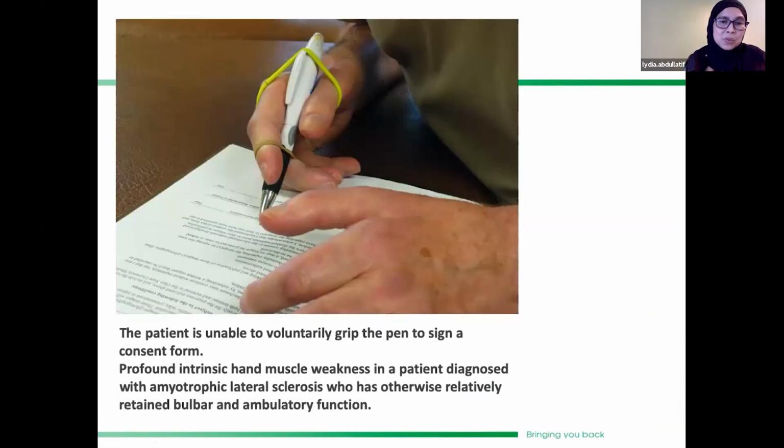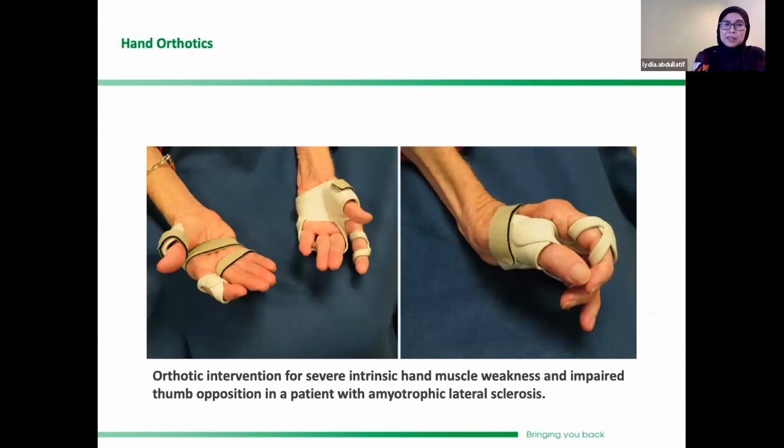Okay, so this patient also having intrinsic muscle weakness, whereby not able to grip. So you can just use rubber band, a very simple gadget, to try to assist with writing. If they are more advanced, whereby their muscles are more wasted, especially the intrinsic and extrinsic muscle, that means otot tangan dan juga otot di bahagian arm. So we need to consider giving splints to prevent contracture. Okay, because otherwise they can go into contracture, and that's going to cause them more difficulty in doing their activities of daily living.